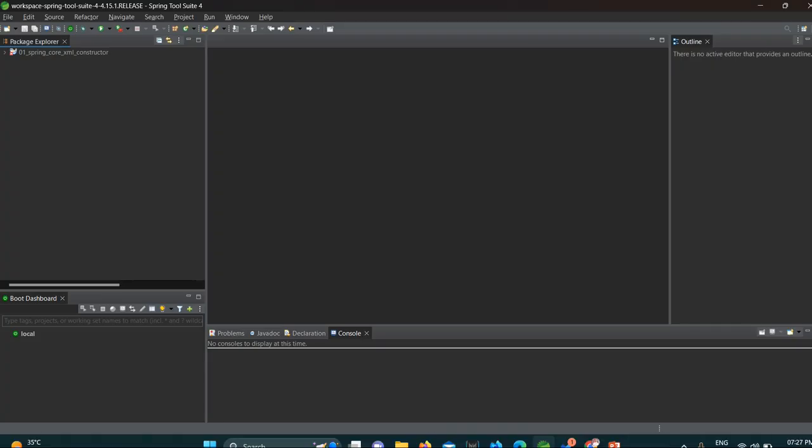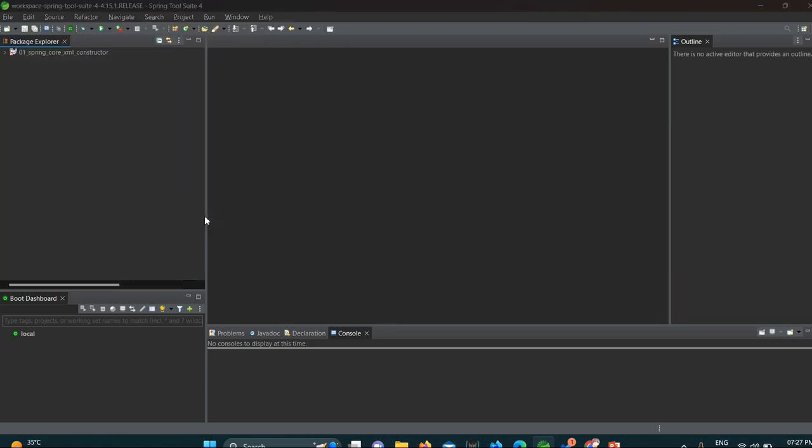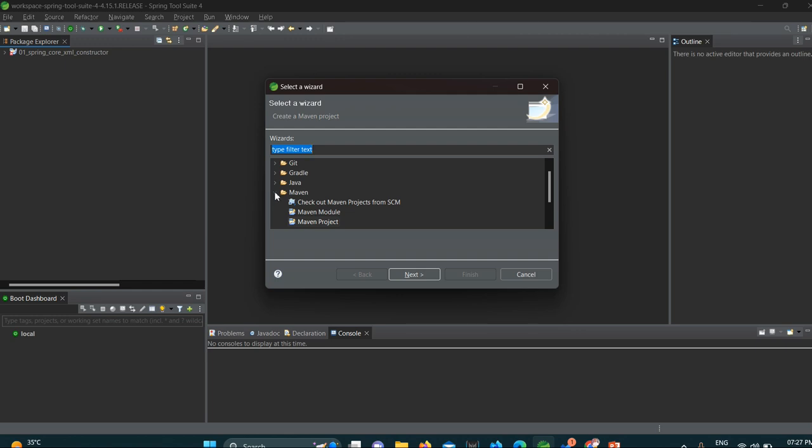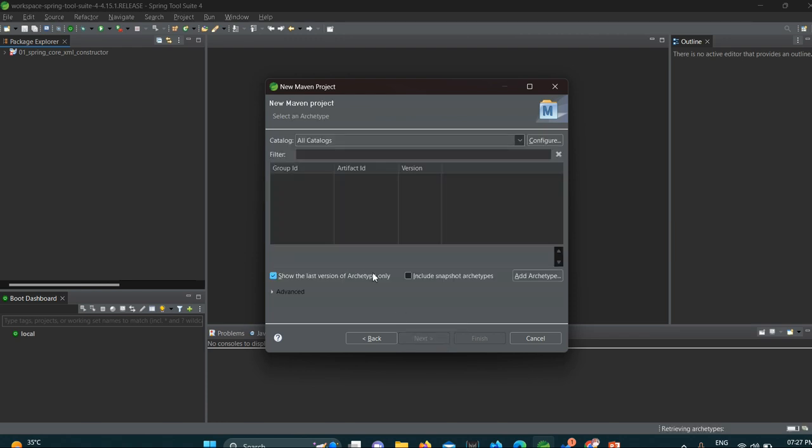So first we have to create a Maven project. First go to File, create, click on New, after that click on Other. You will see inside Maven there is a Maven project. Select it, select next, and there is nothing to do here. You select next, and in catalogs filters we just type